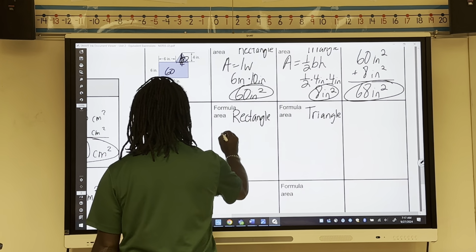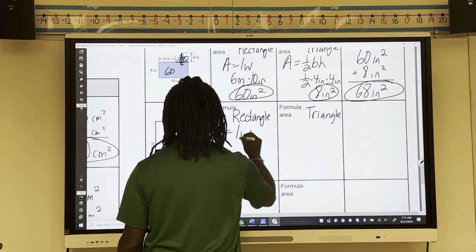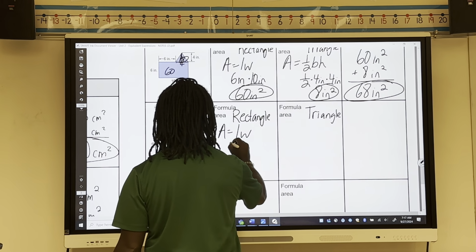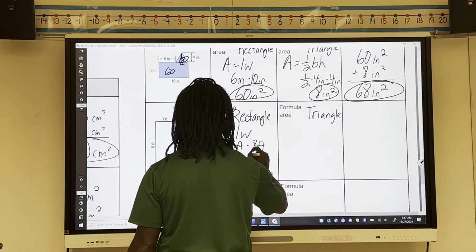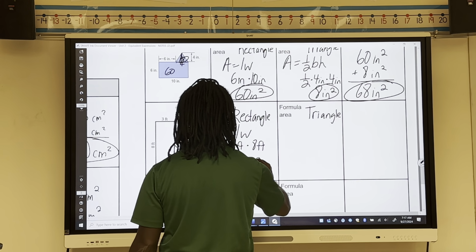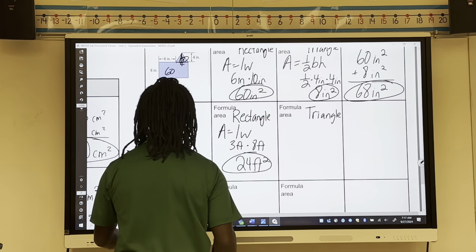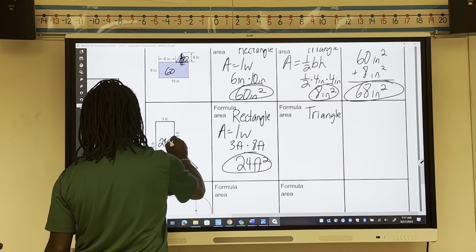Make sure you refer to that formula sheet. Area equals length times width. The length is 3 feet. The width is 8 feet. Do that, we get 24 feet squared. Okay, this is 24